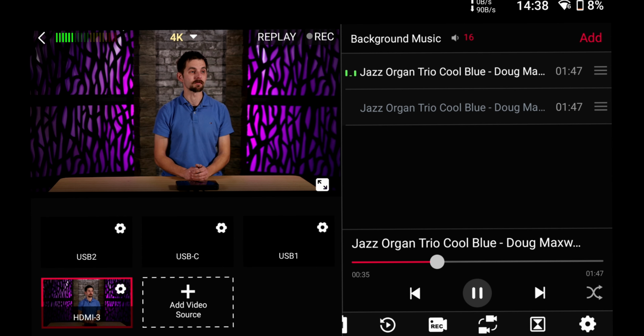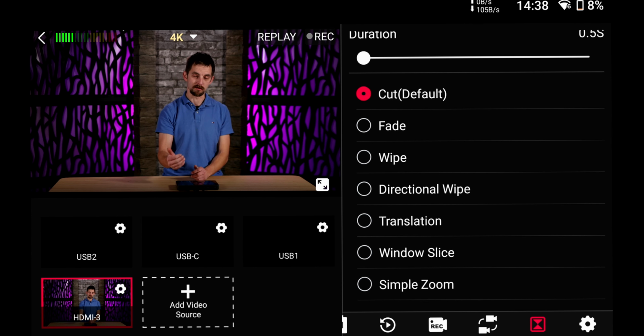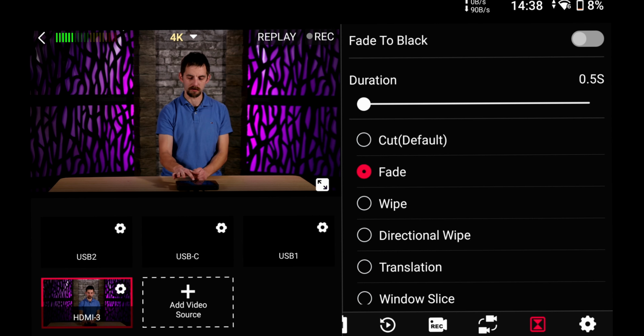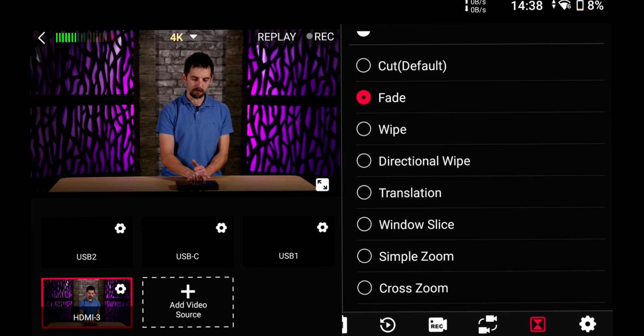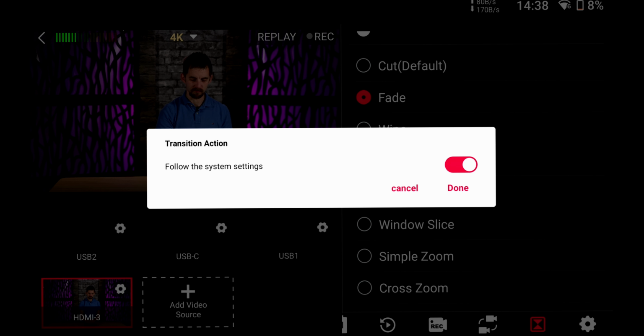Here to the right, we also have another update. It is the transitions. So now the transitions has its own little folder here, so you can add your fade and cut, fade to black as well up here, your durations and such. And I believe if I push and hold in on the button, on this settings wheel, you can have a specific transition on the video